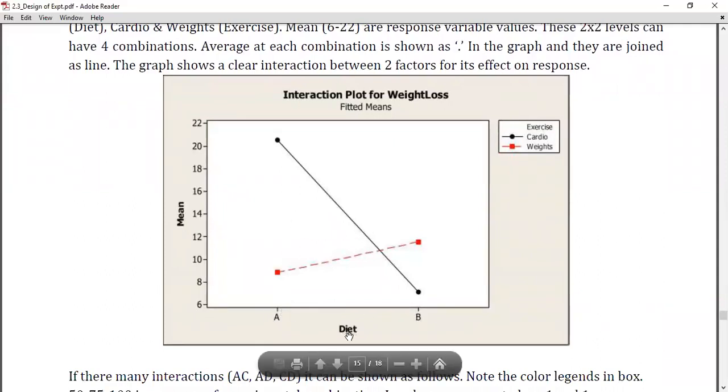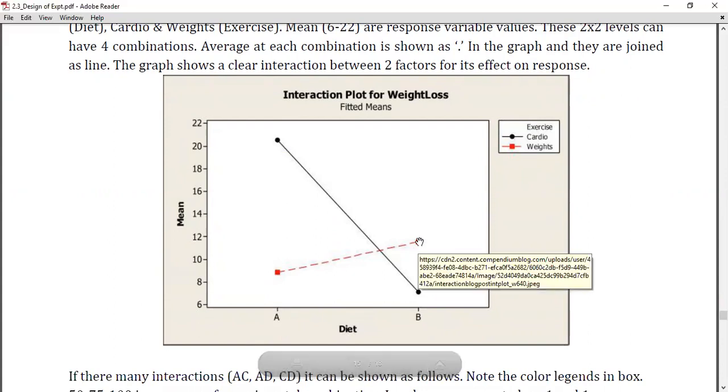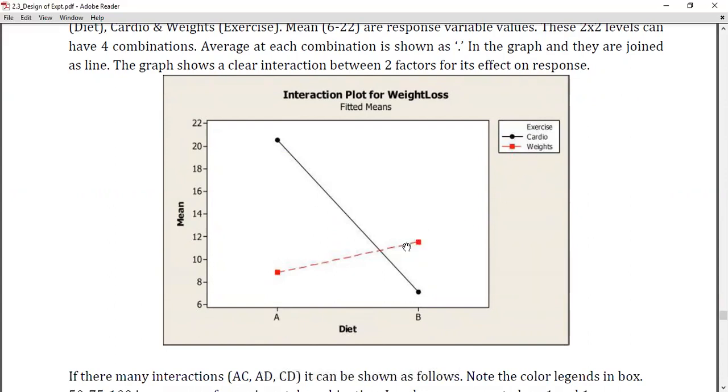Interaction, we are plotting for A and B. If you take this particular point, what it represents is a combination of A low value and, since it is a black dot here, this is cardio. So cardio A, and in this case it is B type diet with the cardio. This one represents B type diet with the weights. This represents A type diet with the weights. There may be a set of experiments. For this particular combination you have to take the mean. So when you combine them you get it like this.